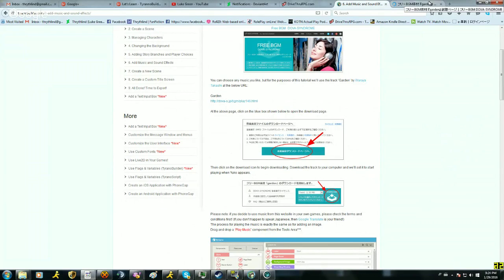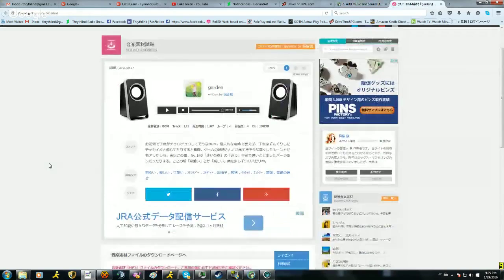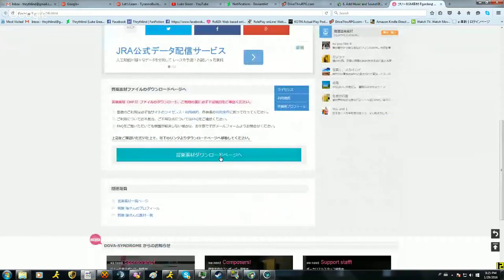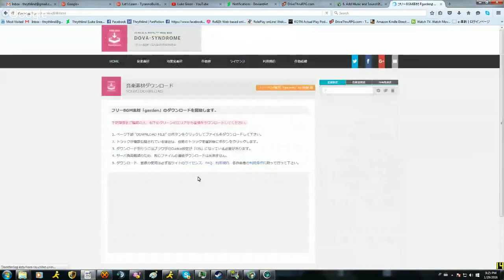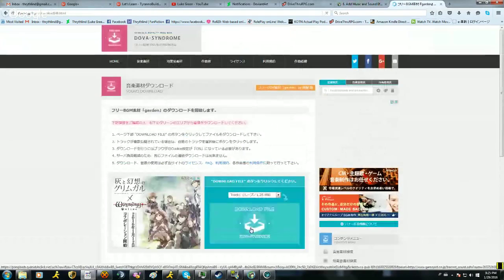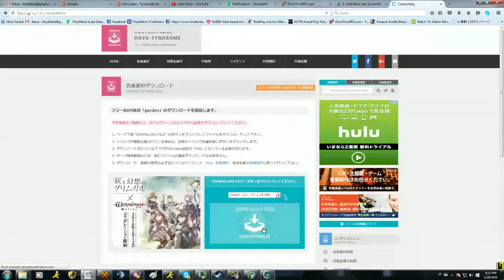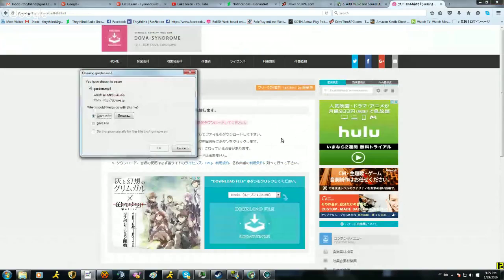At the About page, click on the blue block shown below to open the download page. Then click on the download icon to begin downloading. The download track to your computer will start. We'll set it to start playing when Yuko appears. We want this box and this box. And we want to save